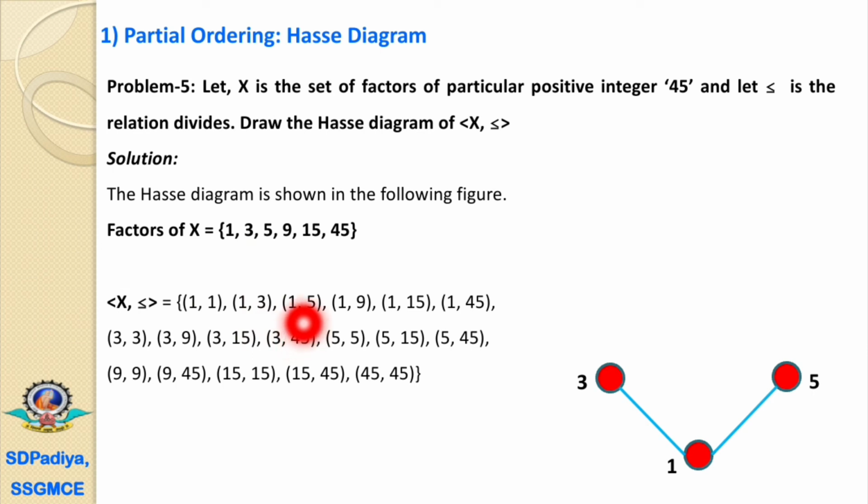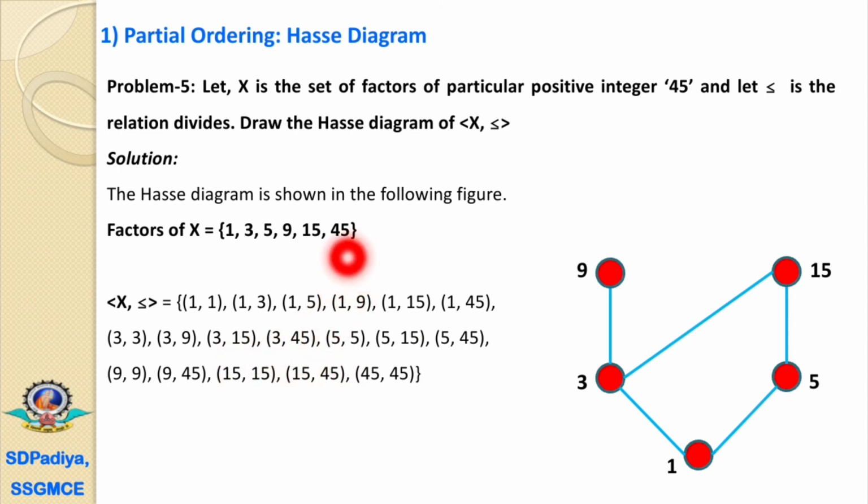The next is the element 9. Now the 3 has a direct relation with 9 and the next is 15. Then 5 has a direct relation with 15. That's why this 9 and 15 will be in the same line. Again, the 9 and 15 do not have a direct relation. That's why they will be in the same line. We have connected the 3 with 9, the 5 with 15 and 3 with this 15 because 3 divides 15. We have this term, that is the 3, 15.